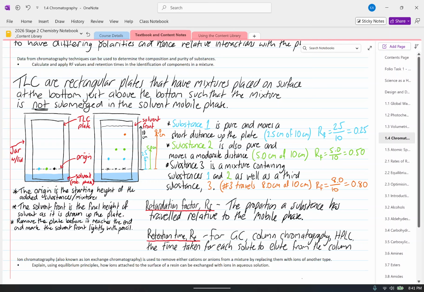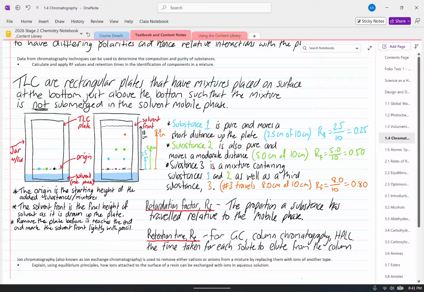Instead, we continually run those mixtures through until they come out of the system. So an analogy would be if we timed this run and just let it go until each of these substances reach the end,